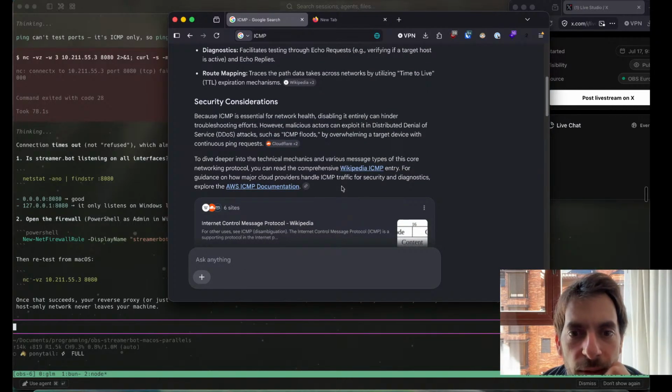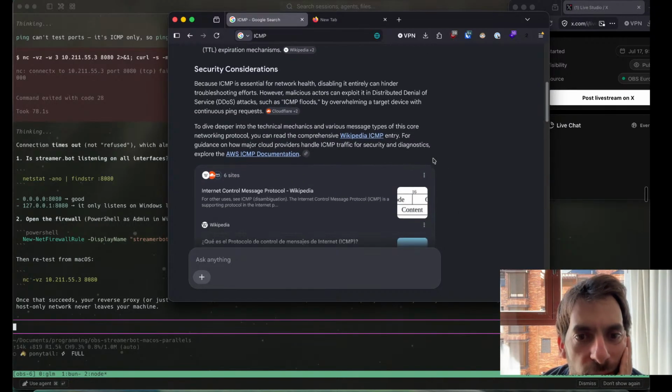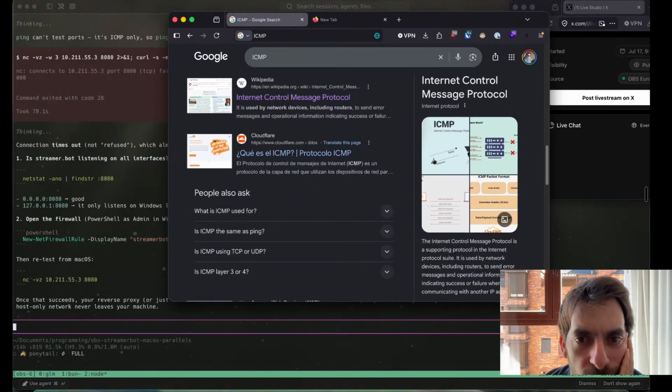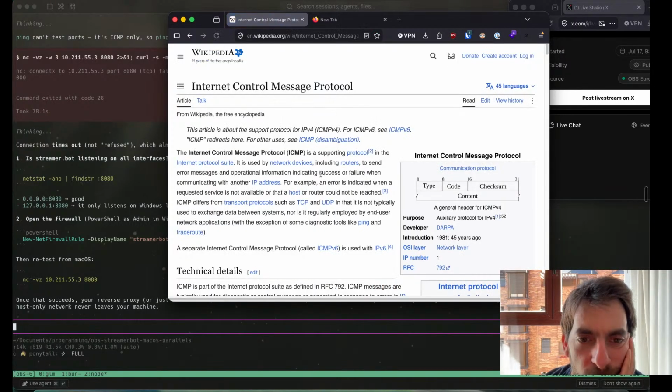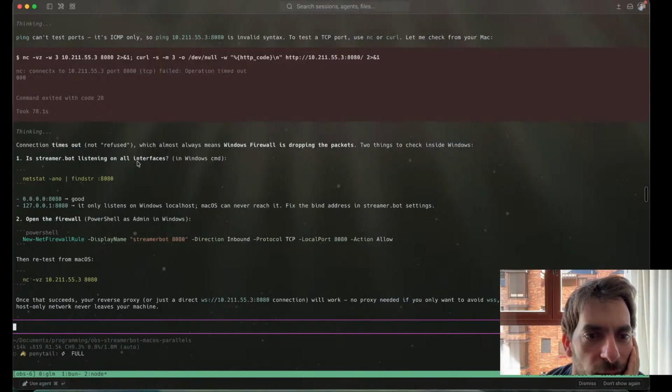It's essential for network health. Disabling it entirely can hinder troubleshooting efforts. However, malicious actors can exploit it in distributed denial of service attacks such as ICMP floods. This is a protocol. There's ICMPv4, the auxiliary protocol for IPv4. Okay. In Windows,